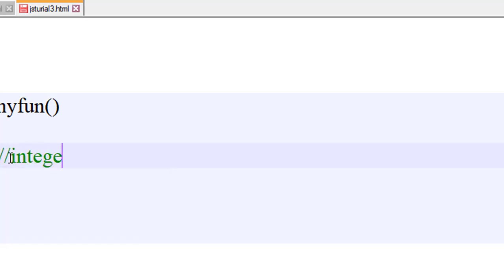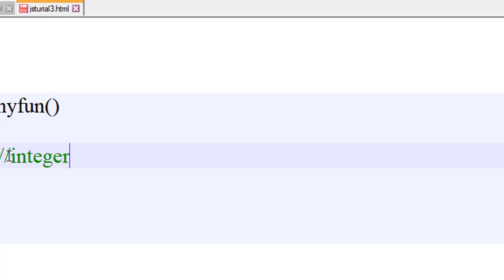So we will write a comment. Double slash is the comment, means if we want to write something to understand the code, we generally write comments, and by using the double slash we get to know that this is a comment, which means the compiler will not execute that comment.